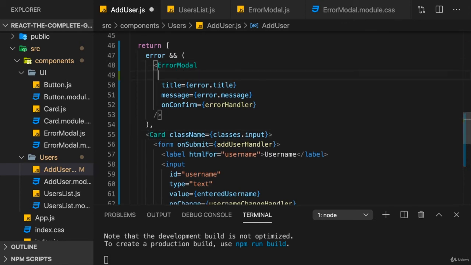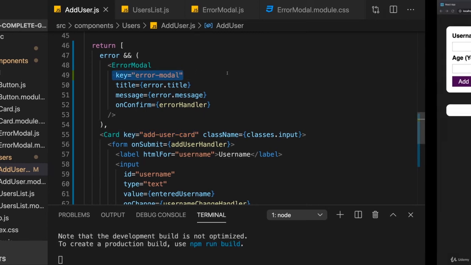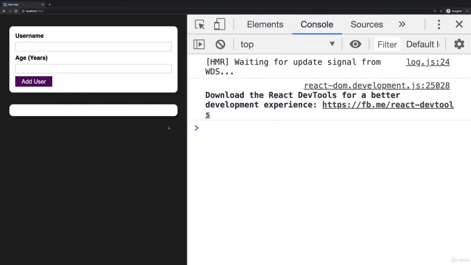Now, of course, we can simply add a key. And since this is not generated dynamically, we can hard code keys here, error modal, for example, and add user card. We could add the key prop with our own invented values, and we would be fine. And that would be perfectly fine.